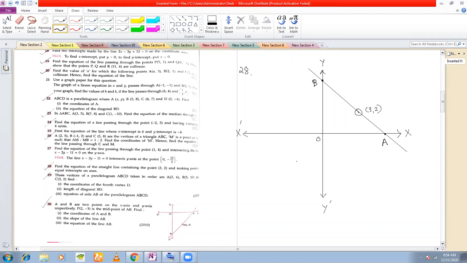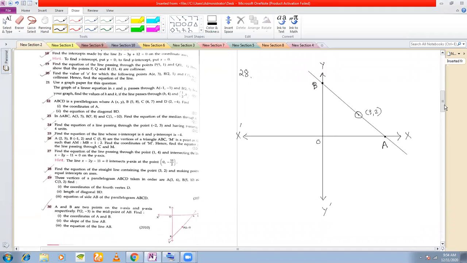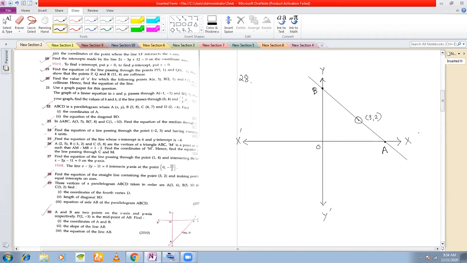Okay. So how will I find out the equation of this line? See that if it makes positive and also equal intercepts, that means OA must be equal to OB. This length is equal to this length because they are positive and equal intercepts. That means I can take the coordinates of A to be